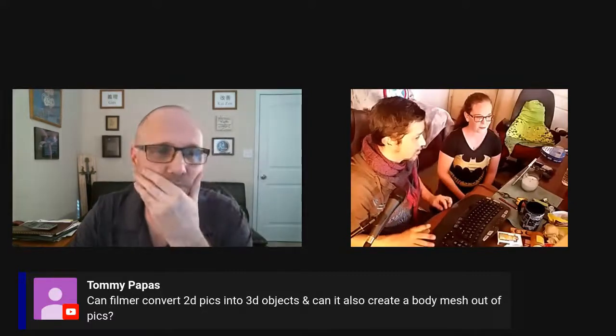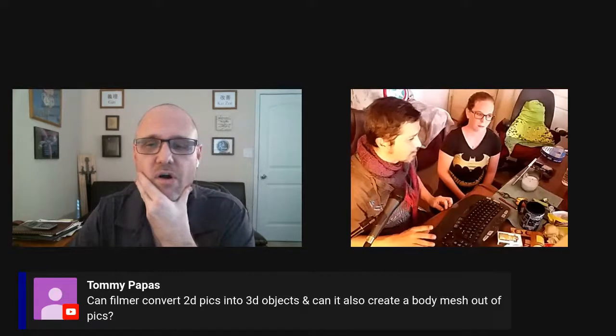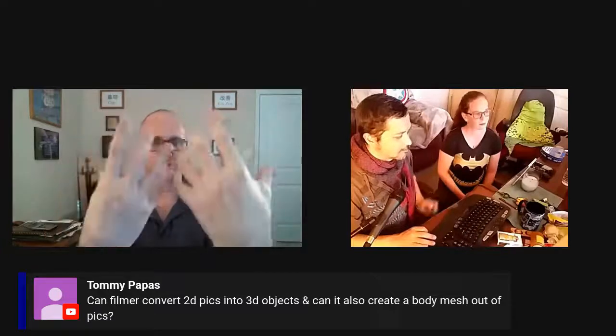Yeah. Can Filmer convert 2D pics into 3D objects? And also, can it create a body mesh out of pics? I think I know what that is, but I'm not sure. I think he's talking about something different. Yeah, there are add-ons to Blender where if you take pictures of a guy's head or something, like a filmography kind of a thing, and then add into it, and I'll tell you, those are pretty cool, and I played around with them in Blender, not in Filmer,